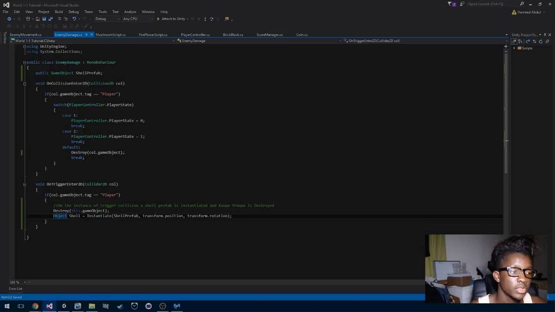Basically, you want to switch these two lines, and with that, you'll be able to kill your Goomba, and you won't have any problems or have to make a separate instance of this script if you're destroying the object first and then instantiating the shell, based on if they have a shell prefab